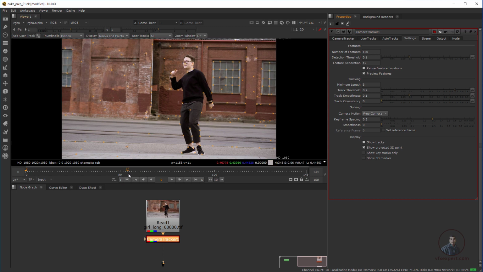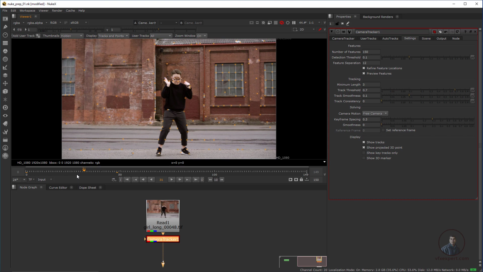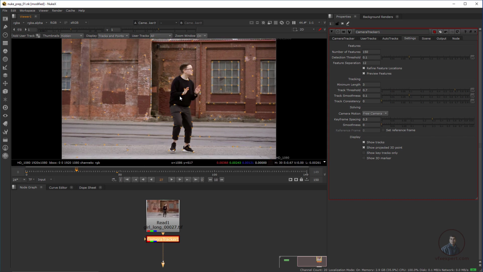So now after this I am going to track our shot, but here if you notice, some features or points are also created on the character. We have to ignore these features or points, because if we track these features also, then this will create a problem for our camera solve, because this object is moving. We have to ignore our character's movements while tracking the camera. Okay, so how can we easily ignore these points which are generated on the character?